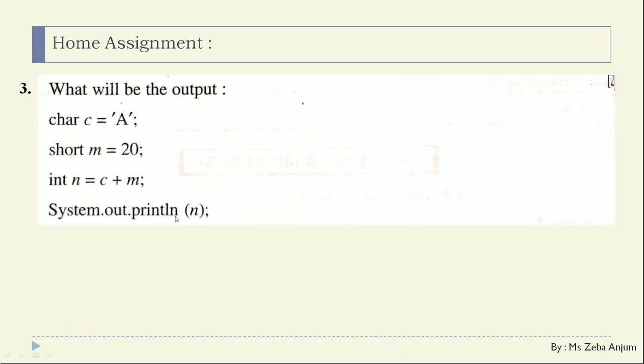Again the third question, see what will be the output of this thing. Now over here implicit type conversion is taking place. Yes, we have done the question regarding the same. Character C you are having, that is capital A, and now over here you are going to add this character with your short value. So this character is going to give you an appropriate ASCII value, then it is going to add on with your M, and at the last you are going to get the result as your N.